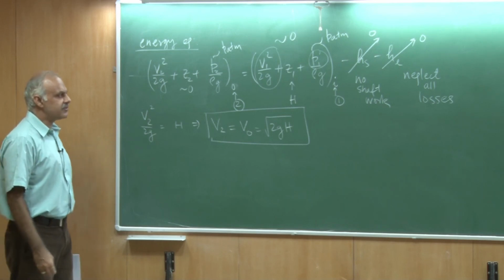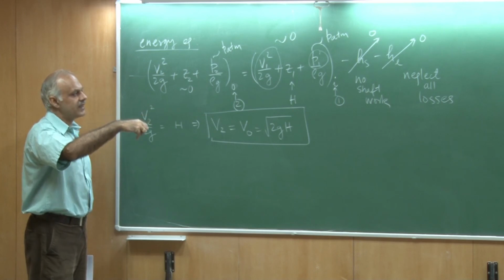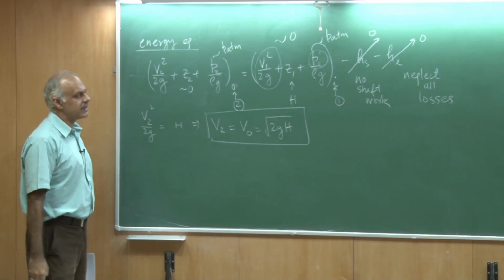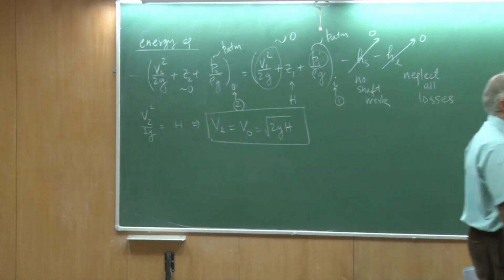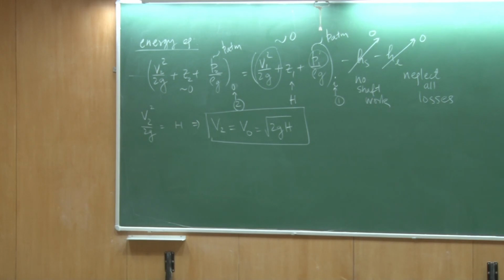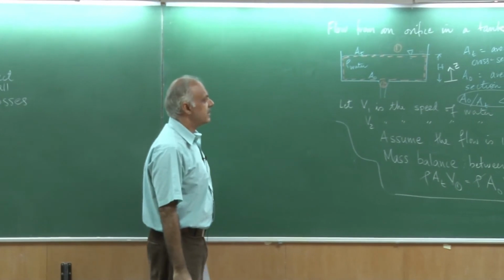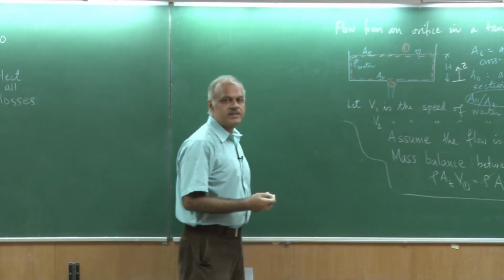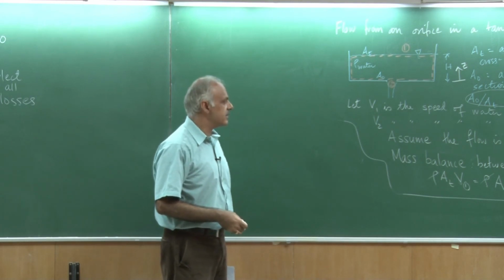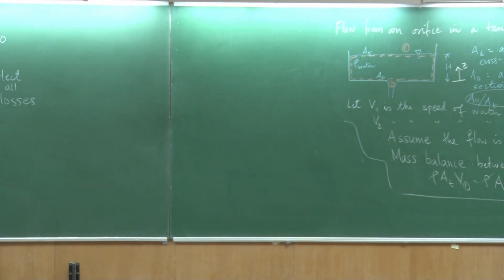So, it appears as if I just threw a pebble from a certain height, and when it lost some height, by the time it came down here and there are no losses, then the velocity that it would have if it was released from rest, that is the velocity that we are getting for this fluid particle. That is of course without losses. Very nice.